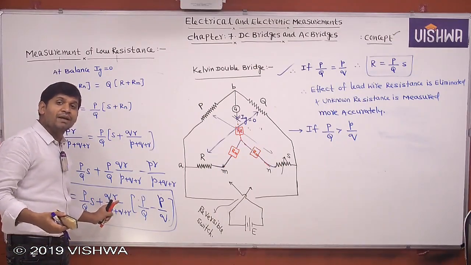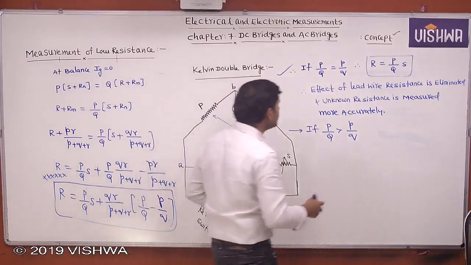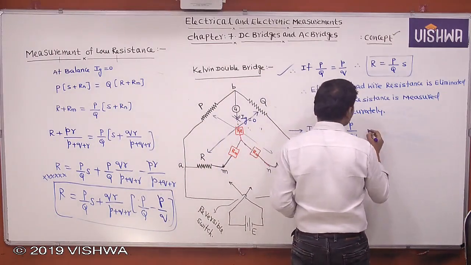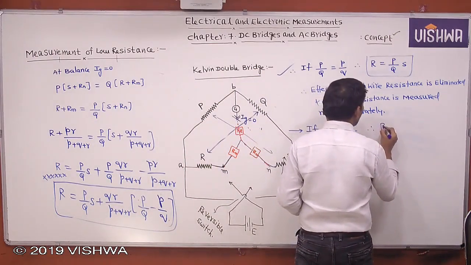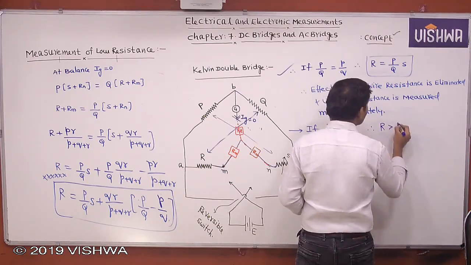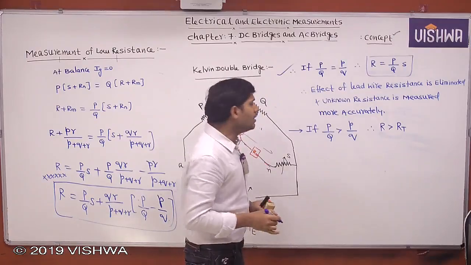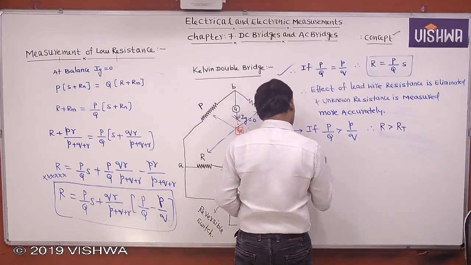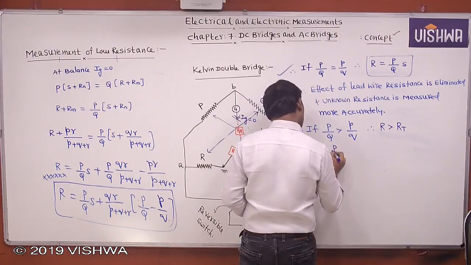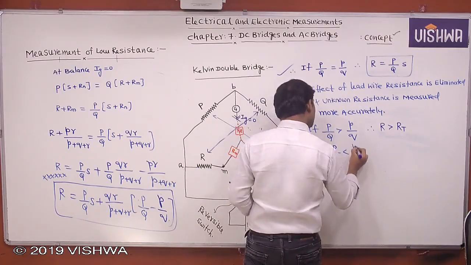That gives a value greater than the true value. That means if you select capital P by capital Q greater than small p by small q, then whatever resistance is measured, that resistance is greater than the true value. Clear? Now, if we select like this, if capital P by capital Q is less than small p by small q,